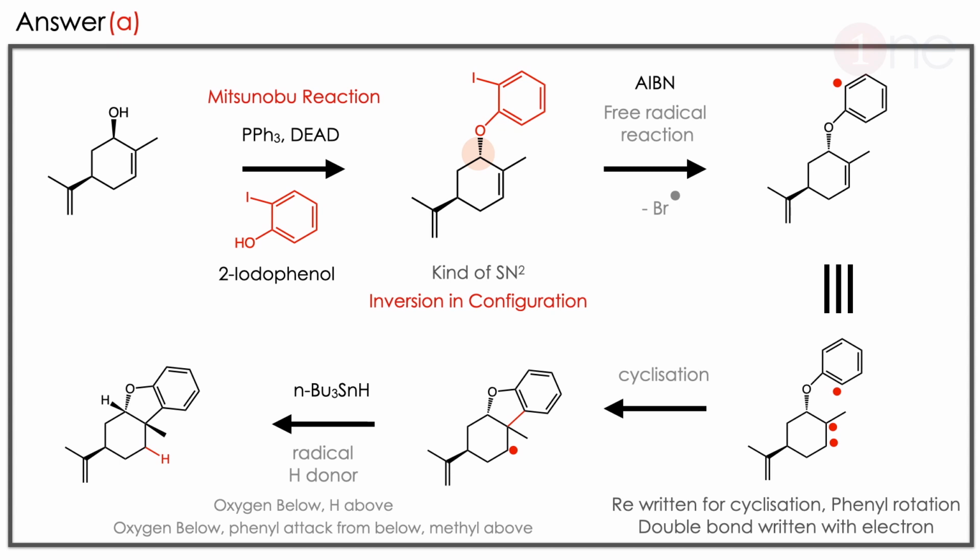So the 5-member ring is formed and one radical remains. And tertiary butyl tin hydride is there, which is the radical reducing agent, which can give H dot. So the product is a simple alkane. Here the attack is from below. Since the group is below, all groups go above. Since stereochemistry doesn't matter, there should be a possibility of a question there also. So here you should know the important things: inversion in configuration as well as the possibility of cyclization.